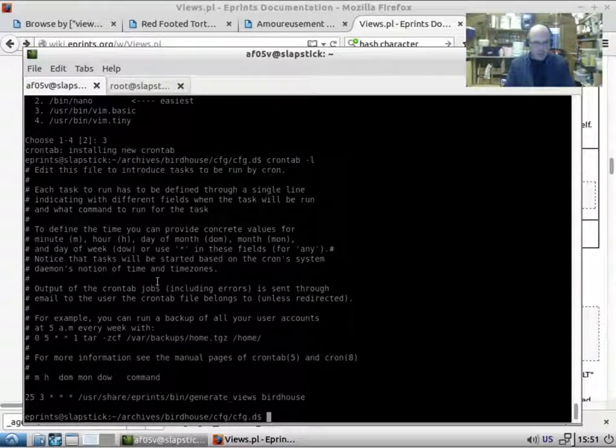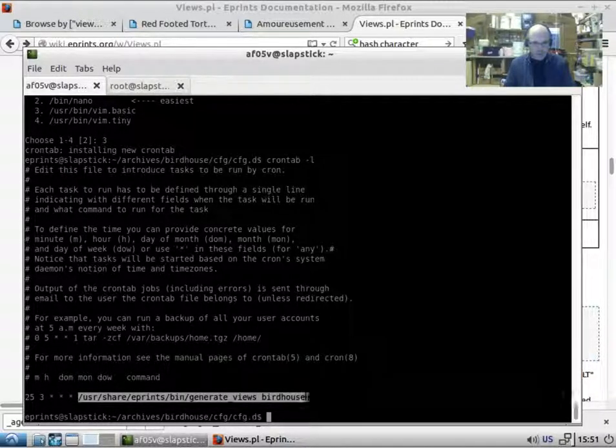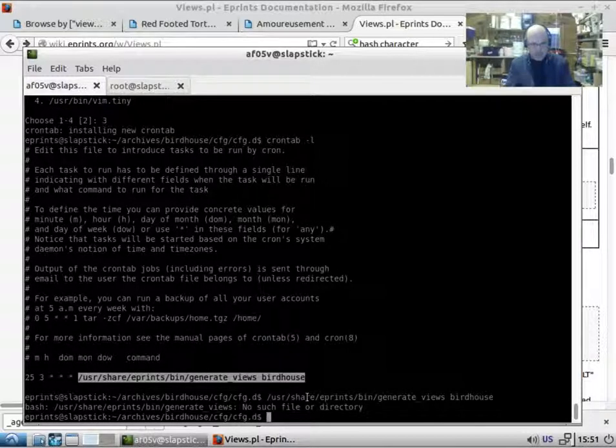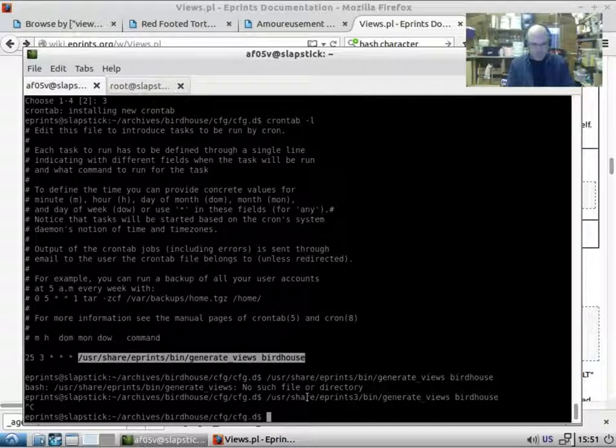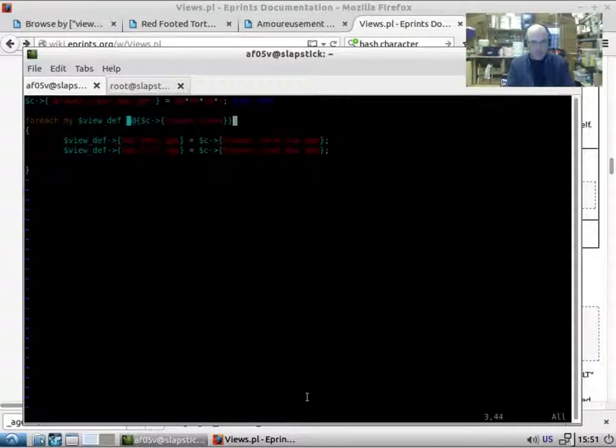crontab -l, and it's always a good idea to give this a check. Copy and paste. I think I know what it is. It's eprints3, isn't it? Yeah. So that's running. Don't worry about running it. Let's break out and